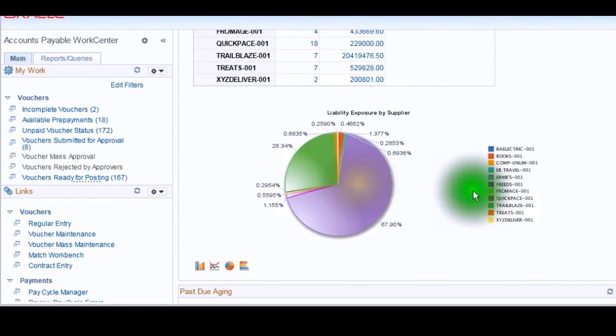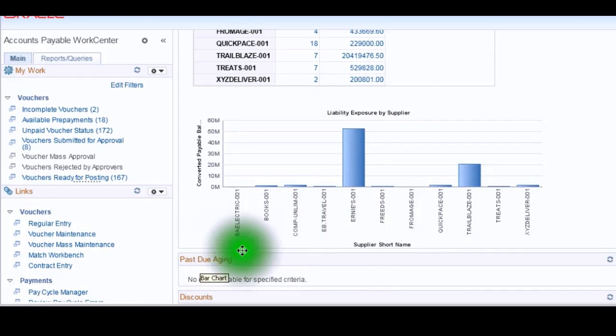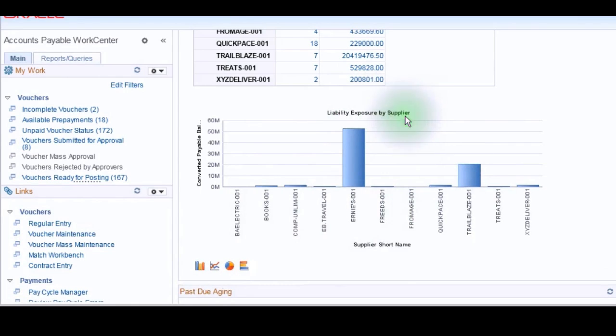As we can see, pie charts are great for showing relative percentages, whereas bar charts are great for showing absolute totals. Okay, so we understand that we've got to get this vendor paid, and so with the 184 outstanding vouchers,